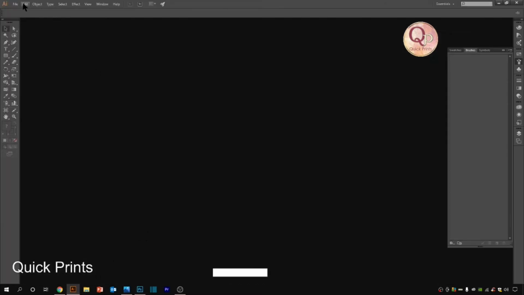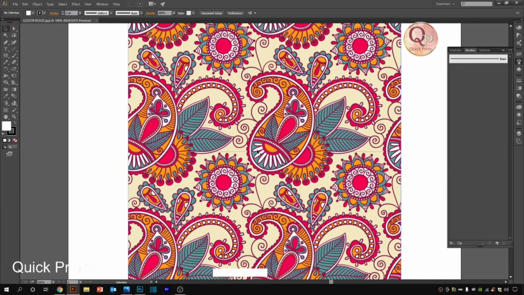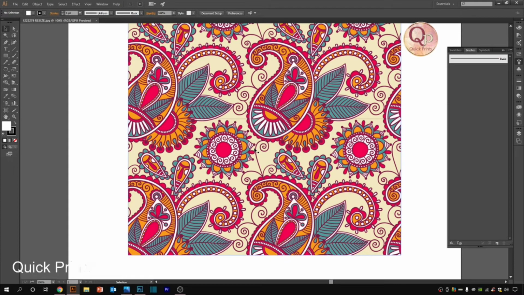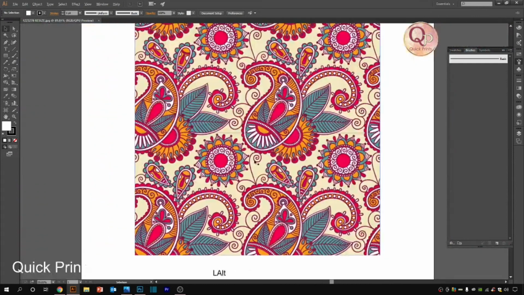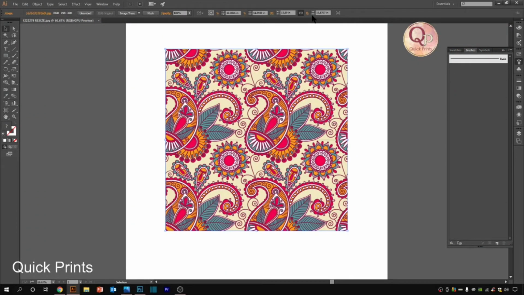So I'm just opening Adobe Illustrator. Open, right? Here it is. So this is the file which we resized and cropped the bottom part of. Let me see. Yes, the part has been cropped. So let's decide the size first. It is 13 by 13 inches, which is good enough.